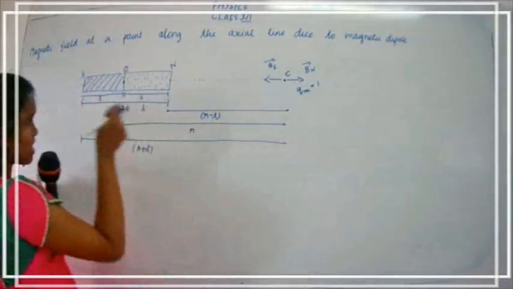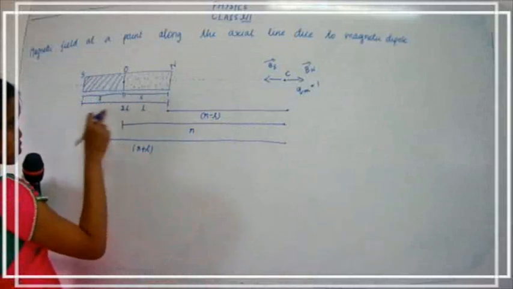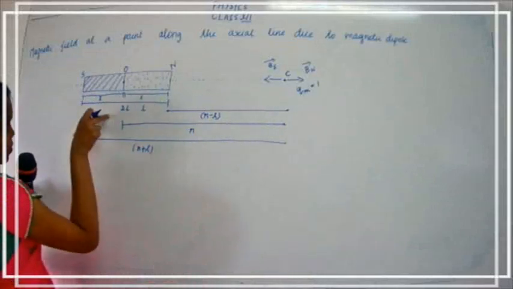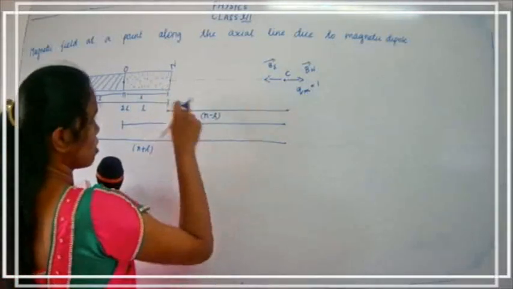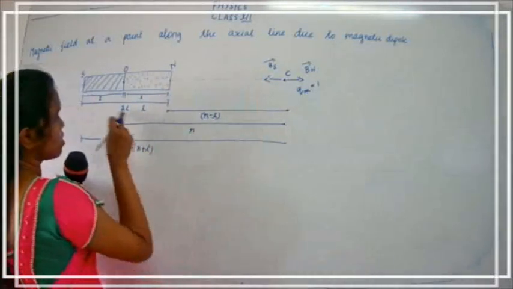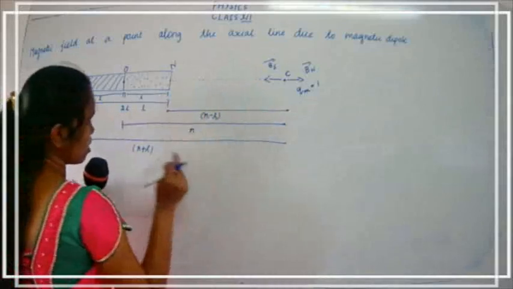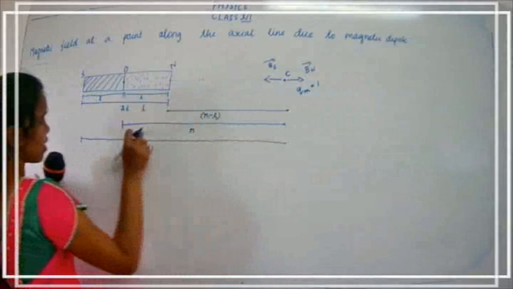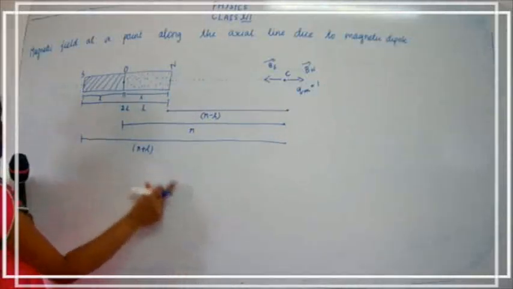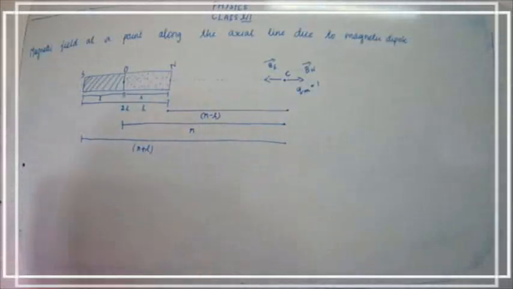So what can we do? Here it is 2L. So this is 1L, this is 1L. For knowing the distance between C and N, we know the distance r and we know L, so r minus L. For the south pole, this full distance is r and this distance is L, so r plus L. Have you noted?